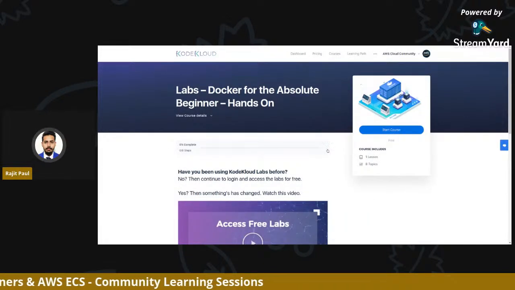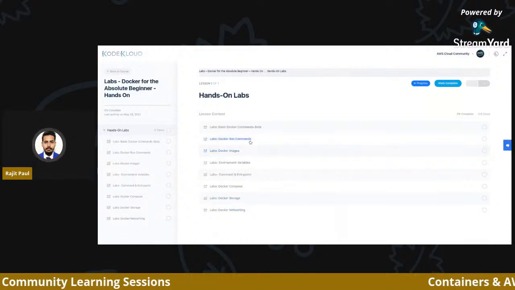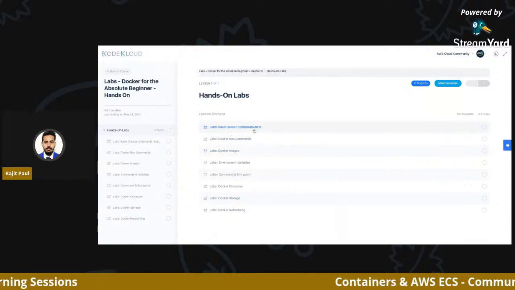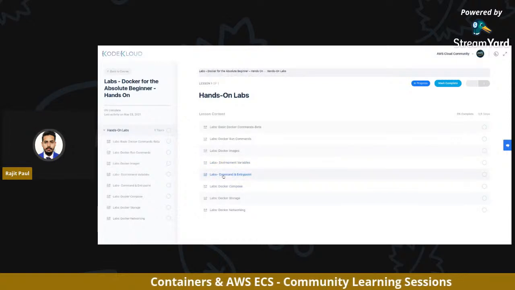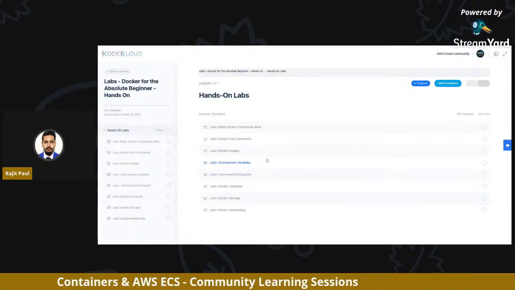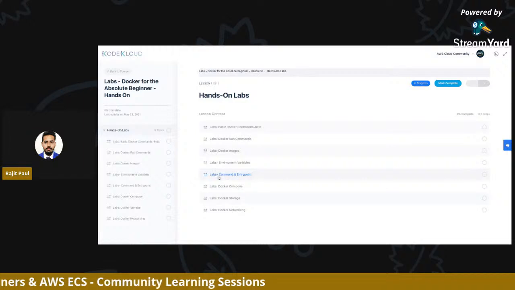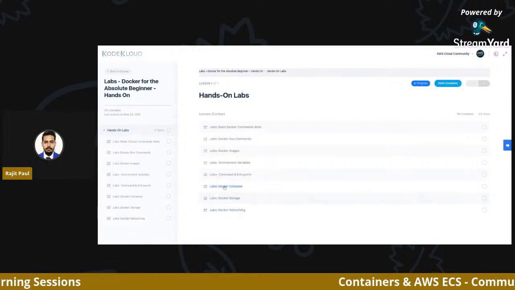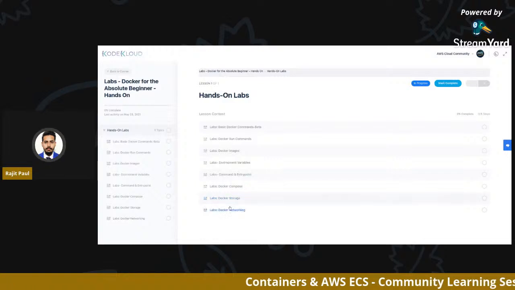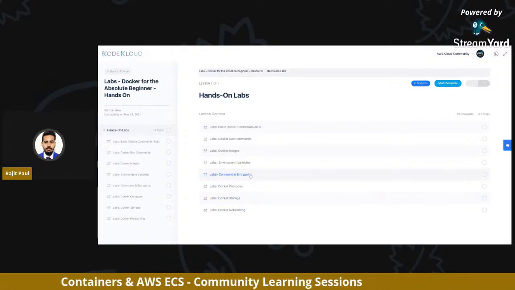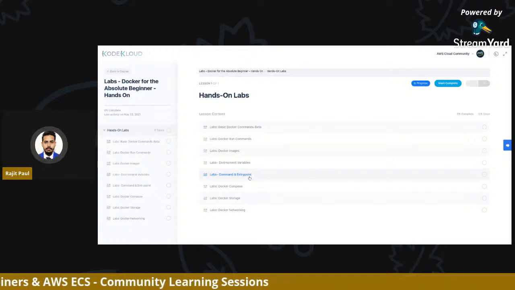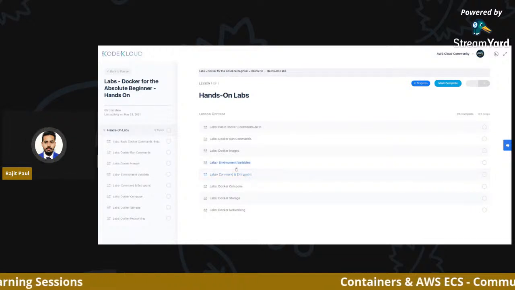It is, I feel, a 7-chapter or 8-chapter course, and you'll start from basic Docker commands, Docker run commands, Docker images, and environmental variables. We did not look through environmental variables, but you can look at it in here. Then commands and entry point, and Docker compose. There are a few other things that we did not cover, like Docker compose. We looked into Docker storage and Docker networking, and entry point commands very basically. If you are interested to know more about Dockerfile, Docker networking, Docker environmental variables,